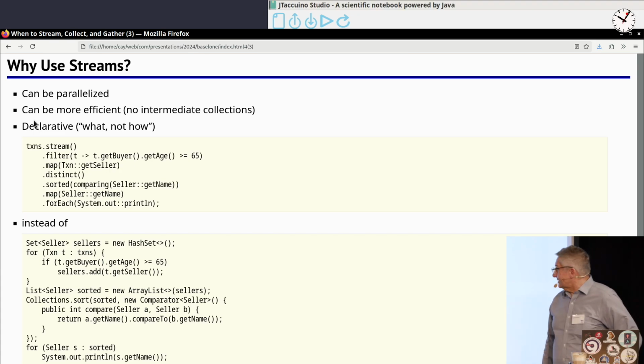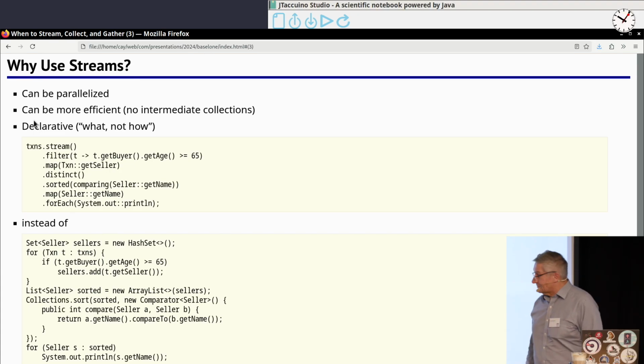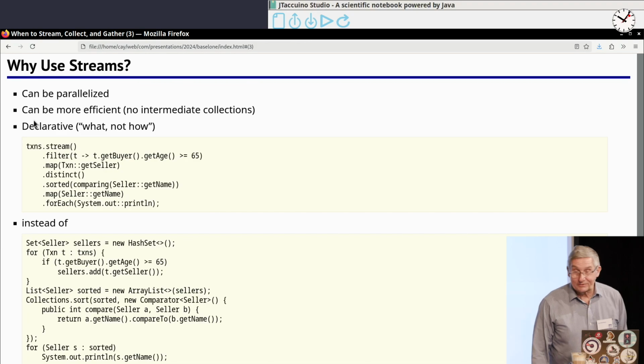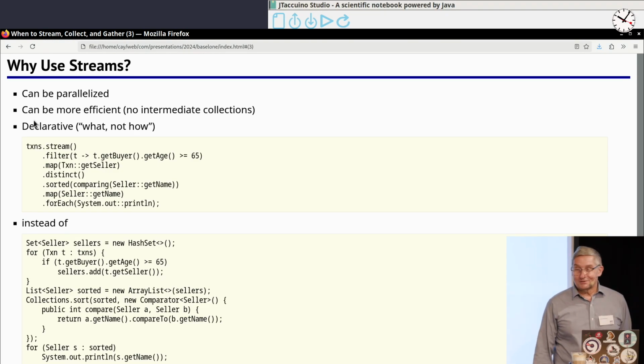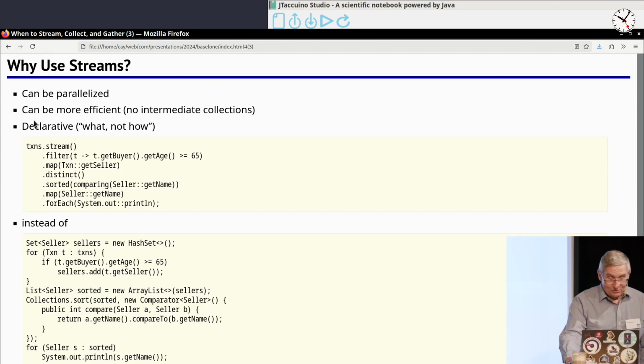Now, as with so many examples out there in blogs by unscrupulous authors like Brian, it's a little bit unfair, because if you look at the Collections.sort, he doesn't use a lambda, but with sorted he does use a method reference, so you could shorten the lower code somewhat, where it would be somewhat more comparable in readability. But still, it's a point to be made.